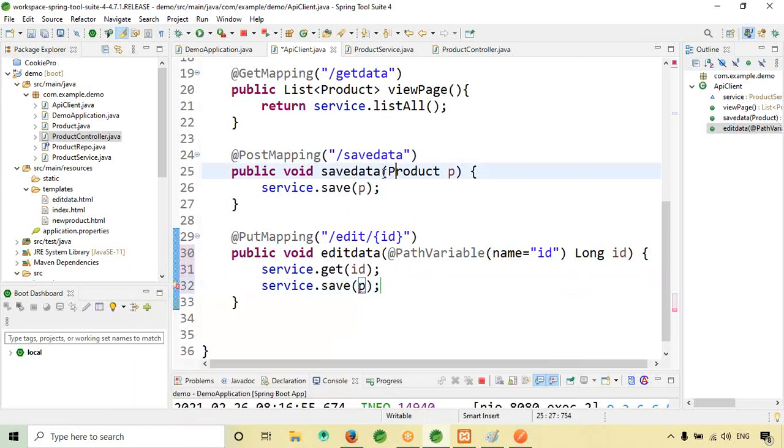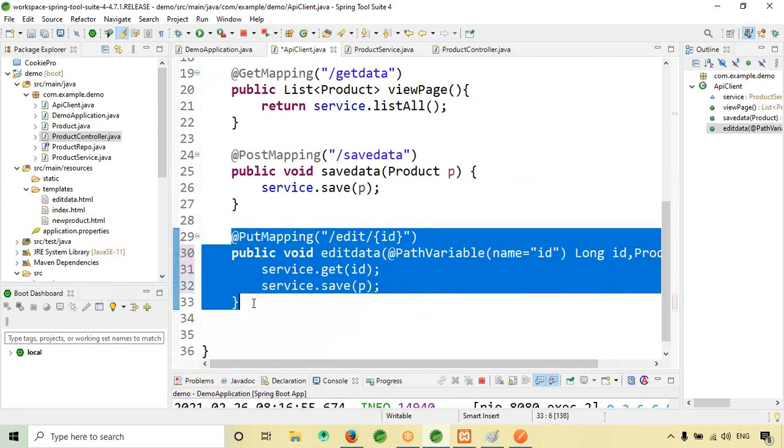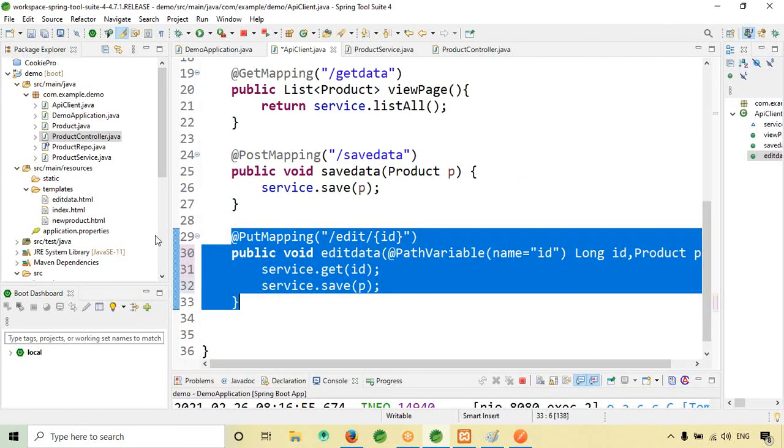Okay, so for that, let me copy this, put comma, control paste. So this is to update the data.